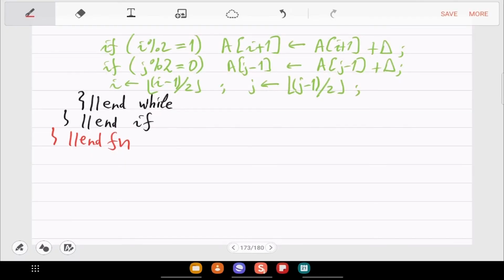After incrementing AI, we are incrementing AJ, and then after that we are moving to the parent. No, no, no. So the sequence is the following: AI is updated, AJ is updated, then the siblings are updated, then you go to the parent.